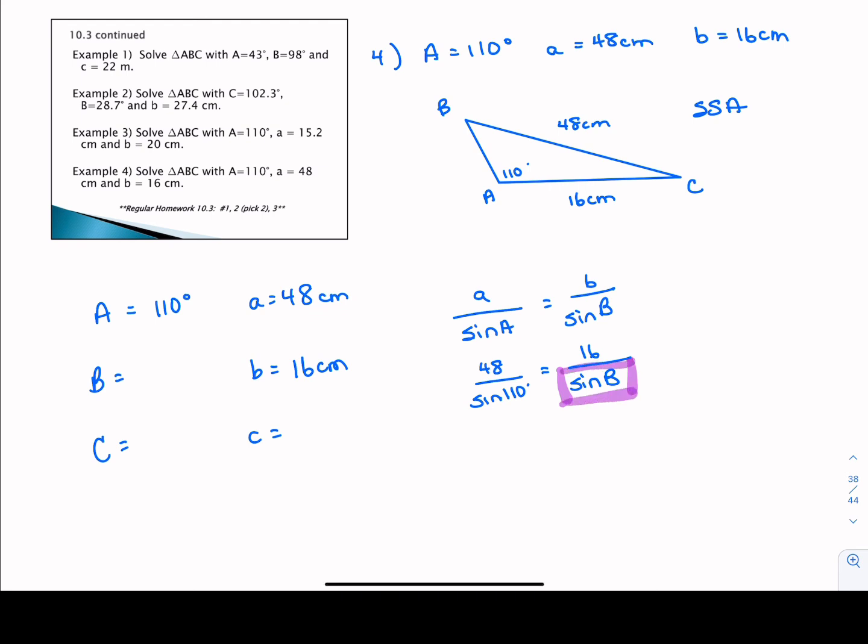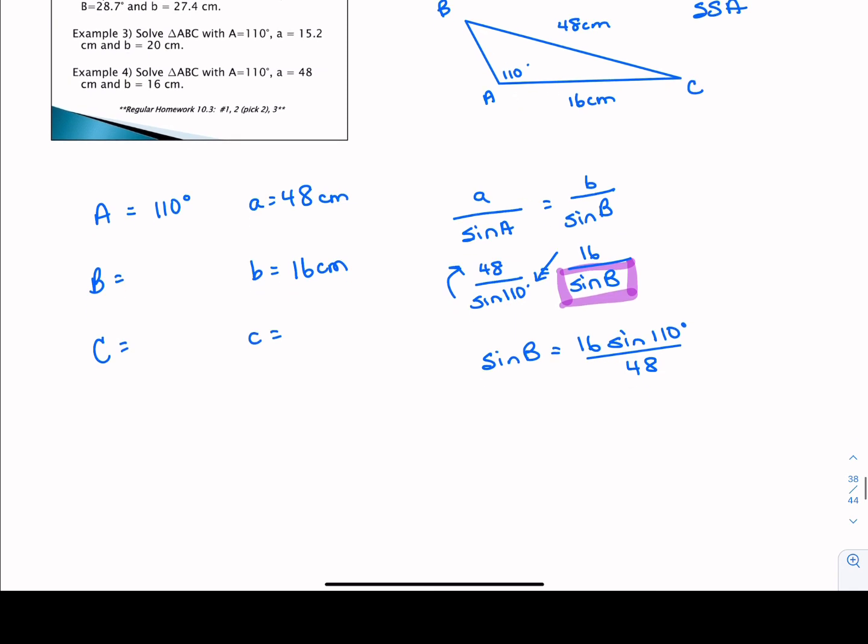If that's our unknown, I can still use cross products. So I can cross multiply and say that the sine of angle B is going to be 16 times the sine of 110 degrees, and then I'm going to divide that by 48. So I'm going to divide by the side length of 48 units, not the sine of 48, just 48. So the sine of B, now be careful with your calculator, is going to be 16, you have to be very careful with this, 16 times the sine of 110 degrees, and then close the bracket after 110 degrees,